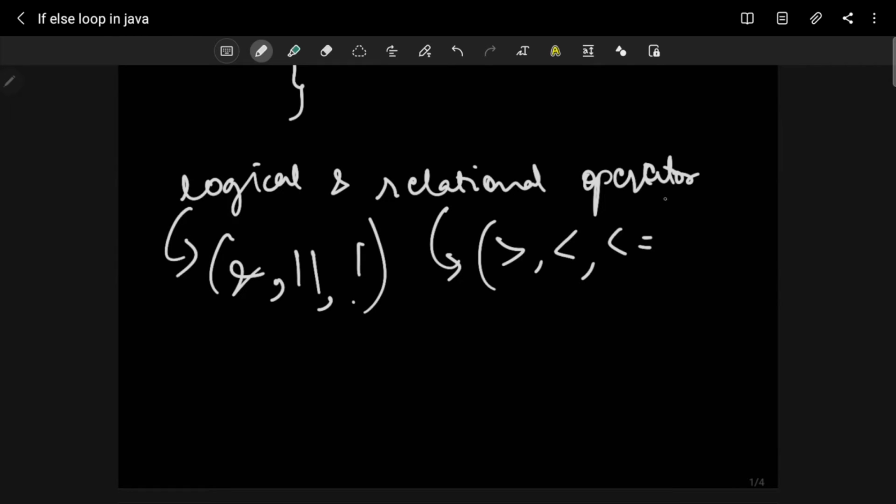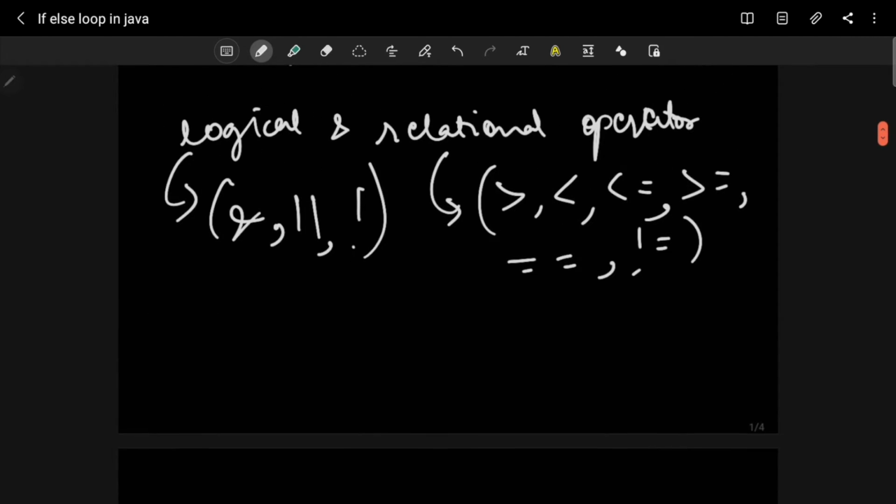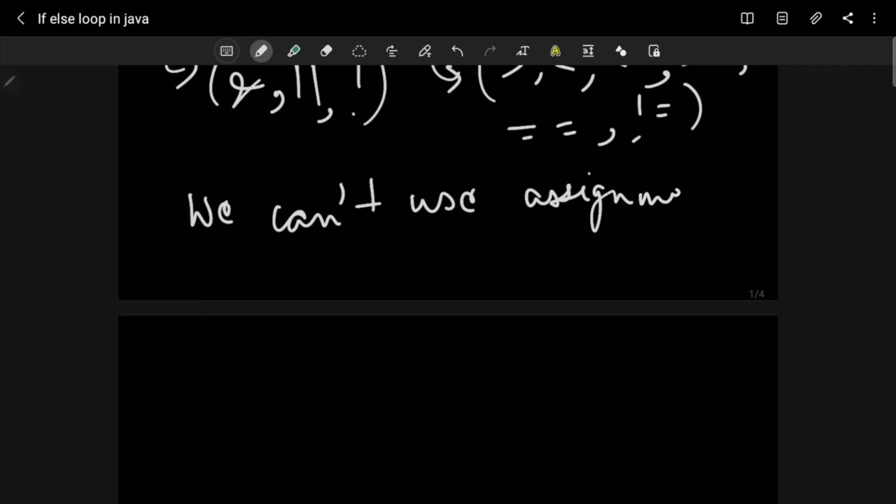You know that, all of this, equal to and not equal to. Okay, only they can be used, only logical and relational operators. We can't use the assignment operator here. Please note that we can't use the assignment operator.